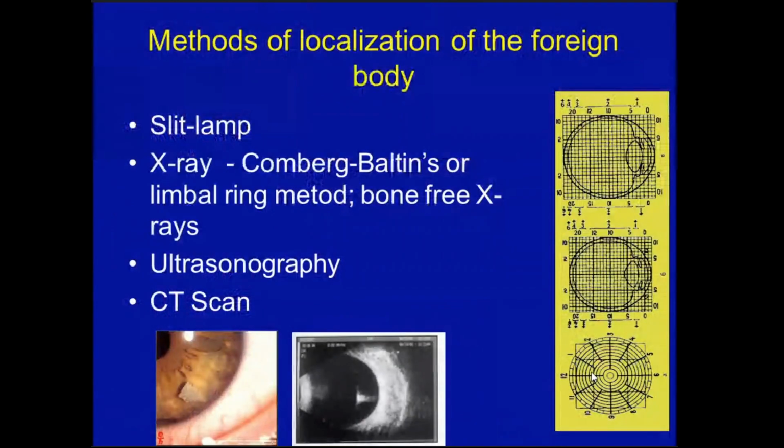I would like to tell you that all foreign bodies which are situated in the eyeball have to be removed. If we leave a foreign body in the eye, we will get severe complications like different metalloses. We will speak about these complications a bit later. And how do we diagnose a foreign body in the eye? Of course, we can use the slit lamp. It's a biomicroscope. You will see such devices during our practical classes.